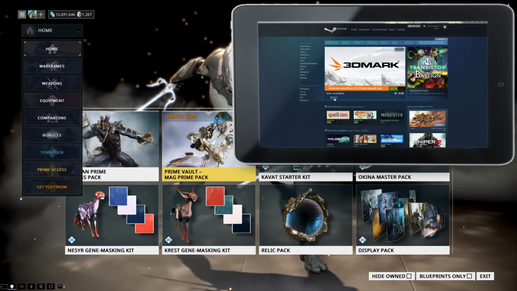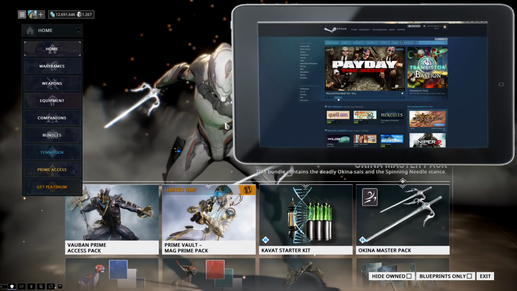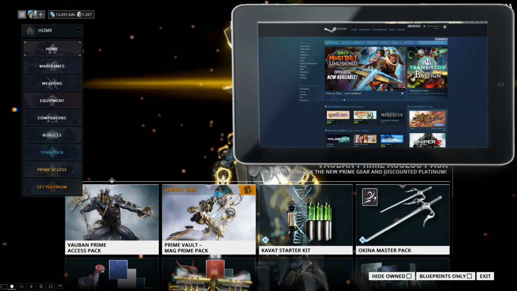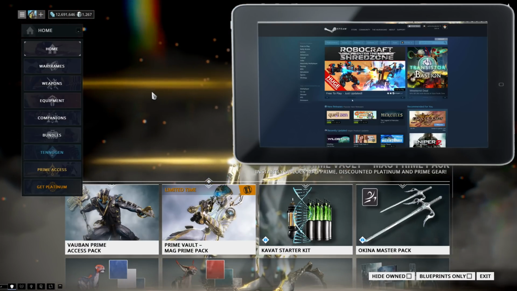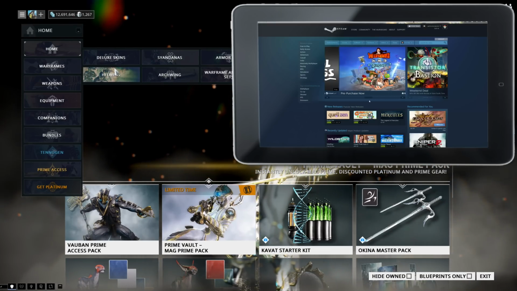Like instead of them all being right here, there would be a main picture of interest, and you could scroll through, kind of like the Steam homepage when you first go into the website for Steam, and then you have topic interest, and you can just scroll through everything that's kind of trending at that moment. I think that would be a much better option than this because, for instance,